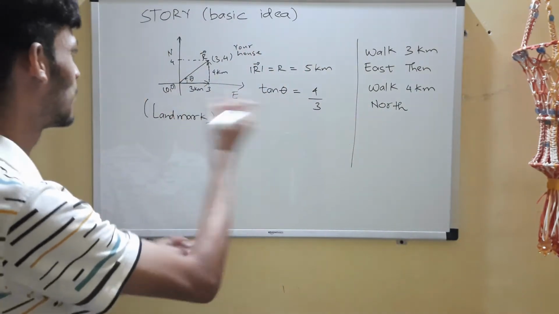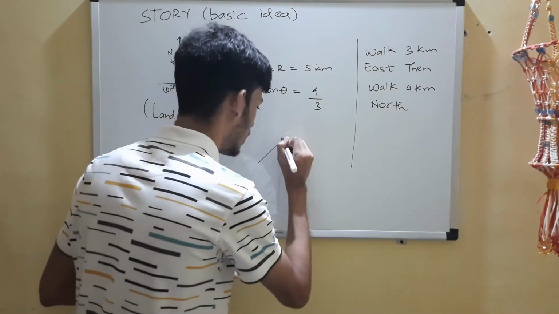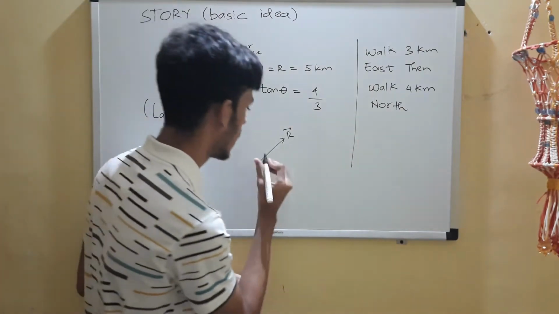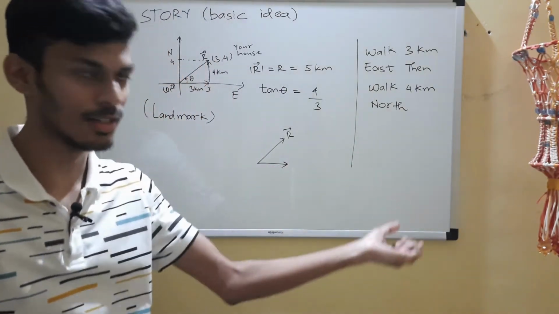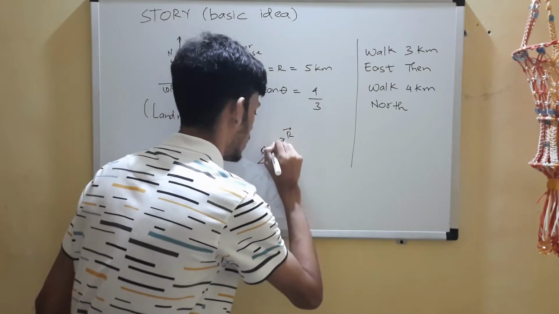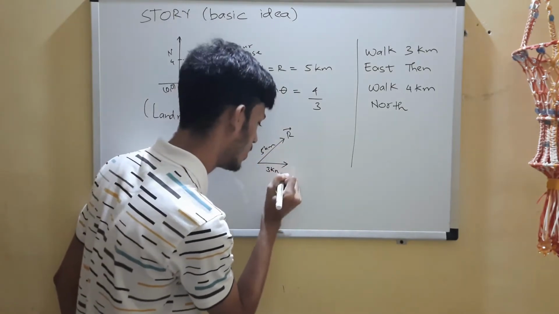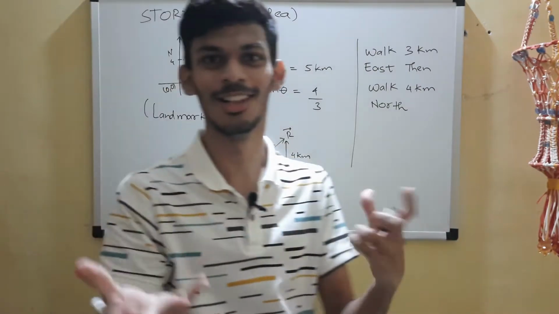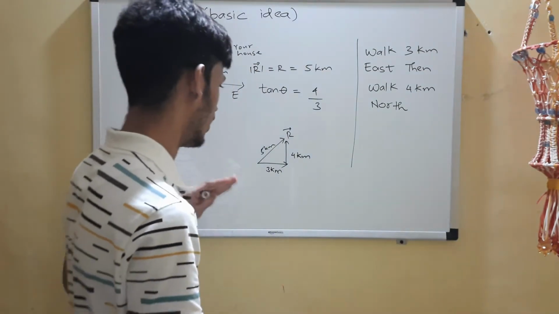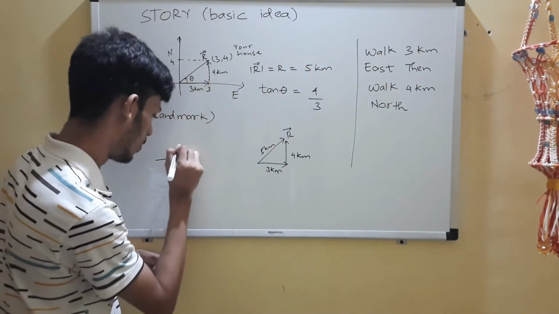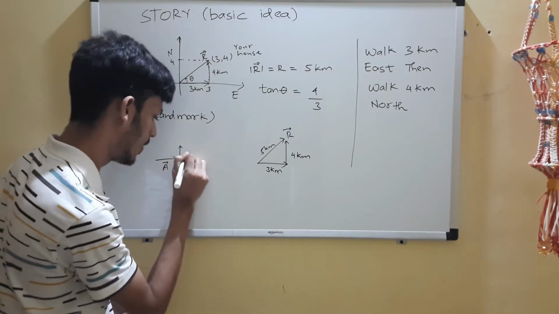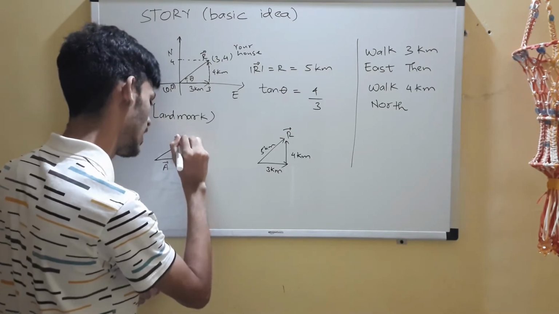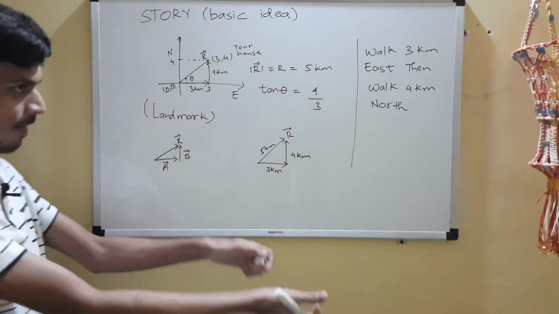And that is easy. So we broke this r vector, which was this way, into two parts. One was 3 kilometers east, and the other 4 kilometers north, while the vector itself is 5 kilometers. It is just like reversing the triangle and parallelogram law. When we added two vectors using the triangle and parallelogram law, we did this: A plus B will be R, from this to that. And now we are going back.